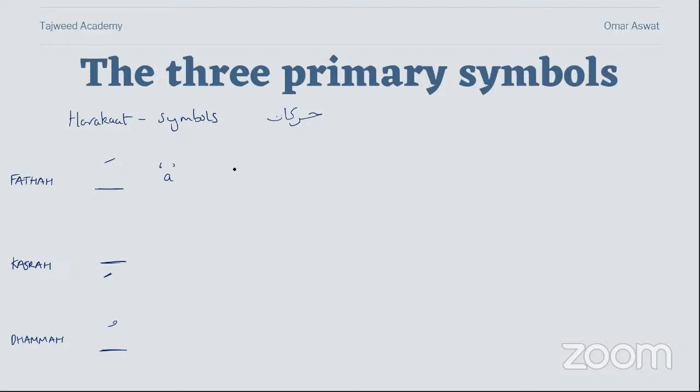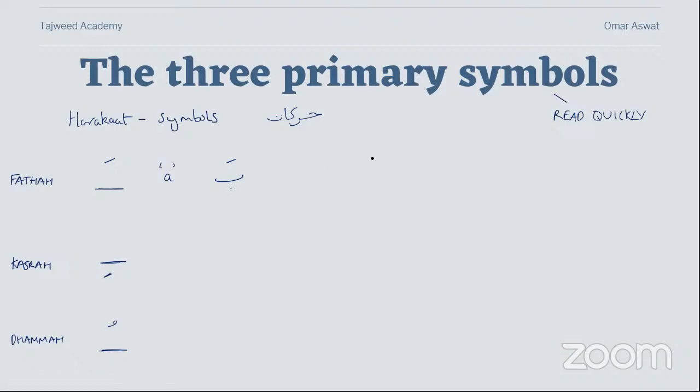Okay, so fatha found on top of a letter makes the a sound. Example, ba, fatha, ba. The common errors are when someone says ba, fatha, ba, they're stretching. So you cannot stretch these symbols. These three primary symbols, all three of them, which you'll learn shortly, none of them can be stretched. You have to read quickly. So the three primary symbols should be read quickly, because we'll come to the stretching symbols very shortly. So you don't say ba, fatha, ba, it's ba, fatha, ba, quickly.